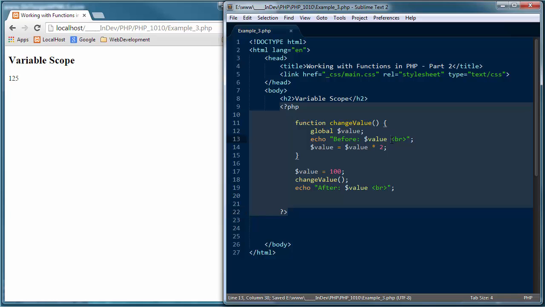And I'm creating a function called change value. But you'll notice inside the function, I'm globally scoping value. Now by using that global keyword, value now has a scope inside and outside my function. Then I'm asking it to echo before, so I'm echoing this value inside the function before I actually take the value and multiply it. And then I come down here, I'm assigning value equal,